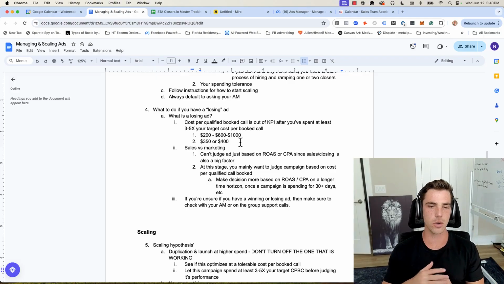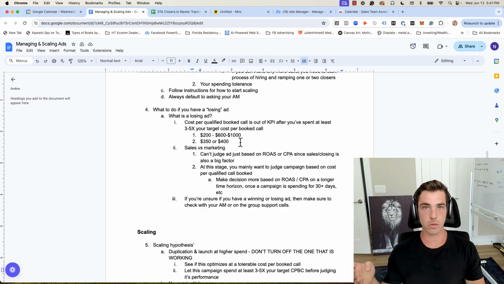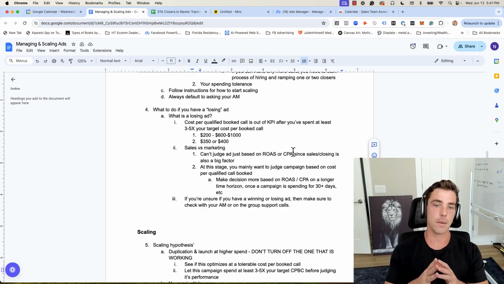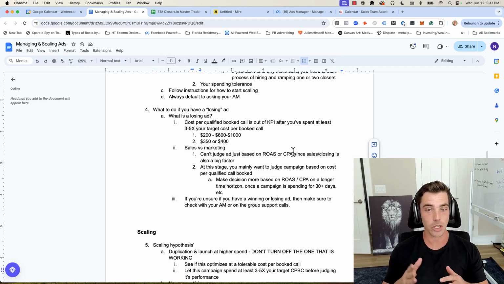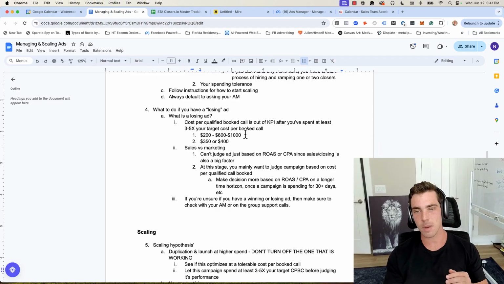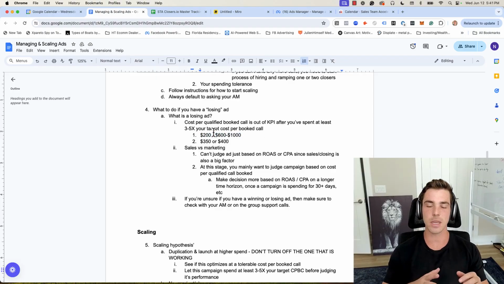You can also judge your campaign based on your cost per customer that you acquire, aka CPA, or your ROAS, which is return on ad spend. But you can't judge an ad campaign just based on ROAS or CPA if you've only spent $1,000, because